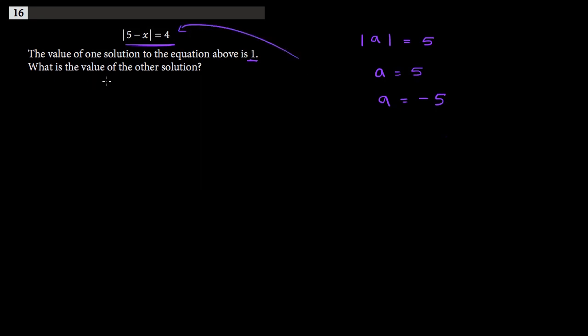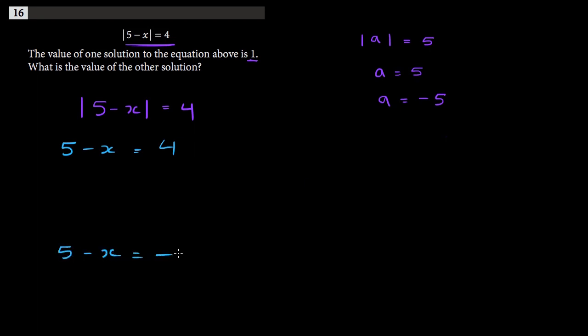Okay, so how I do that is, well, I have the absolute value of 5 minus x equals 4. Well, that 5 minus x can be equal to positive 4, or 5 minus x can be equal to negative 4. Okay, and so now I can just solve for x,